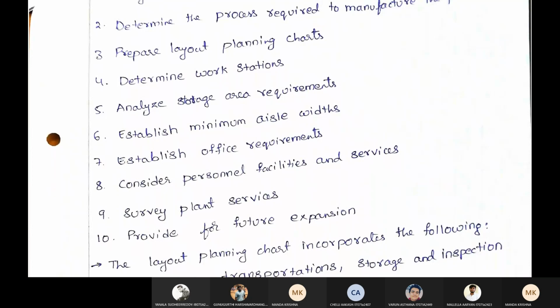This is regarding inventory also, the storage of raw materials, and establish the minimum aisle width. That is, aisle is nothing but the space between one rack and another rack. That is the movement for the material handling equipment to move in between, or movement of the human also in between the storage area. Establish office requirements